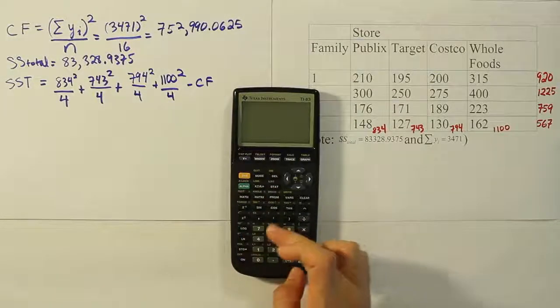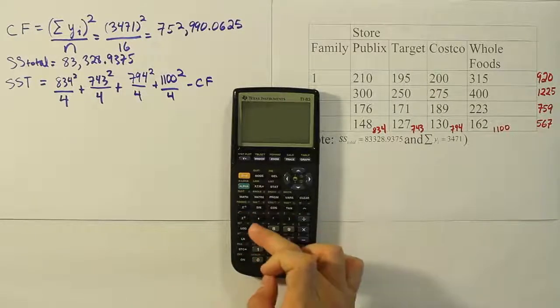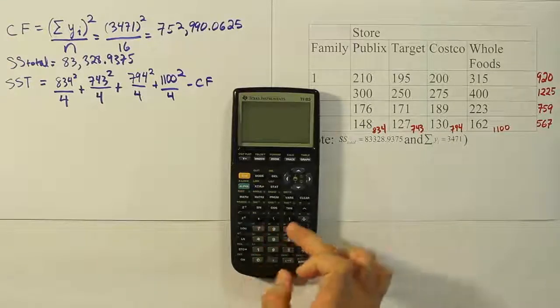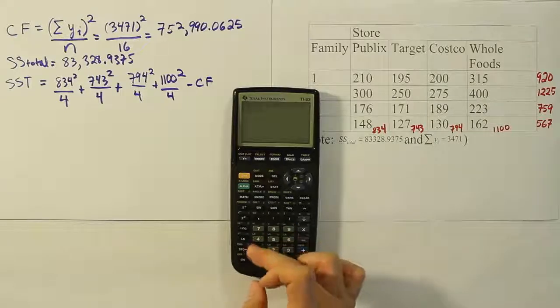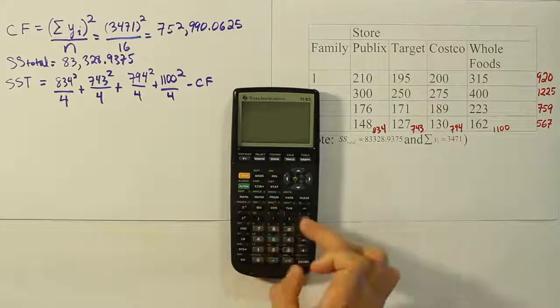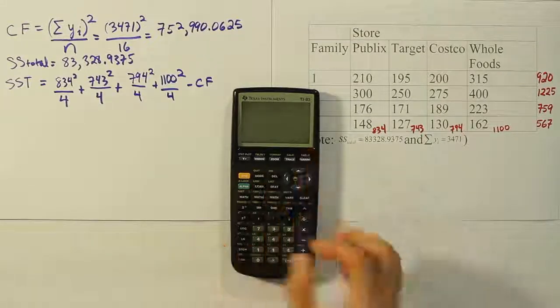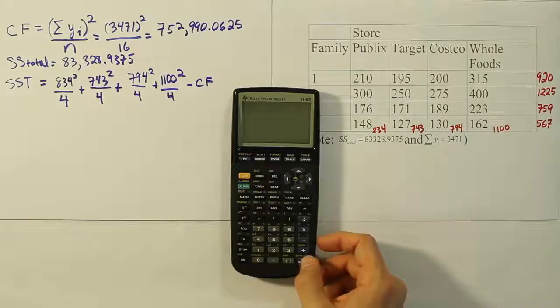So we're going to end up with 834 squared divided by 4 plus 743 squared divided by 4 plus 794 squared divided by 4 plus 1100 squared divided by 4. And all that minus our correction factor, which I programmed in my calculator, stored in my calculator under X. Okay, so we work that out, we get